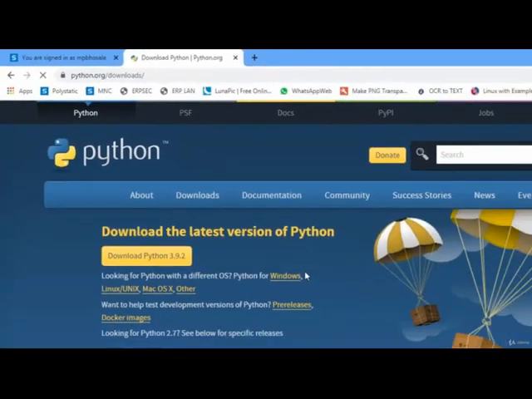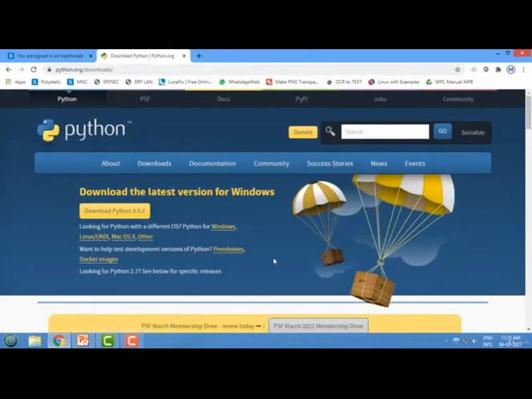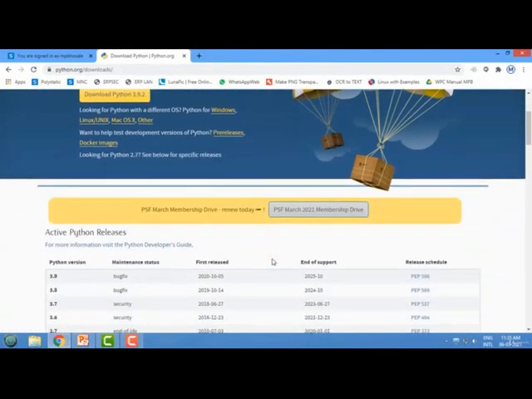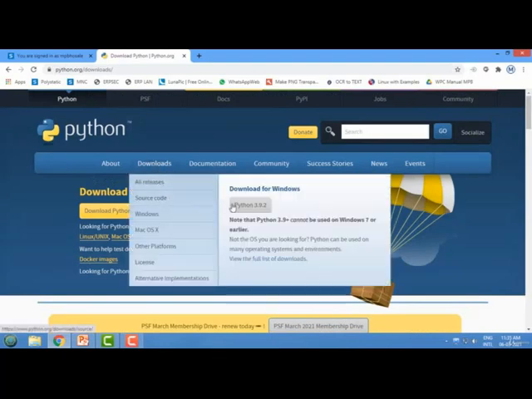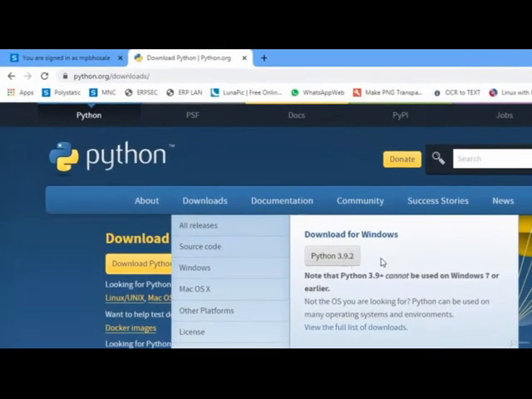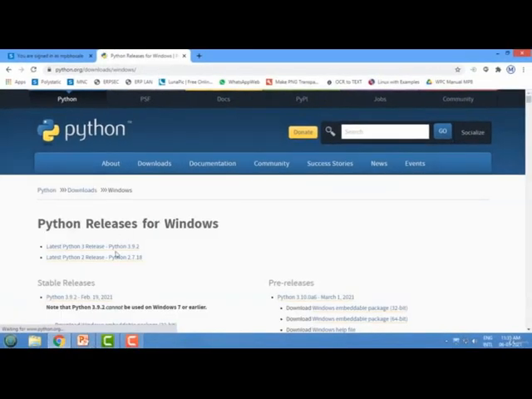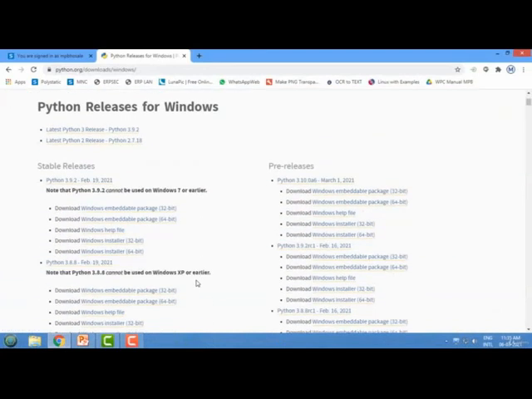Click on this website, and this is the website for Python setups, documentation, community and various stories. From here you will get the current or latest release, but you first have to check your operating system and download the setup accordingly. My operating system is Windows 8, so I cannot use this setup, so I need to go to Downloads, Windows, and for Windows